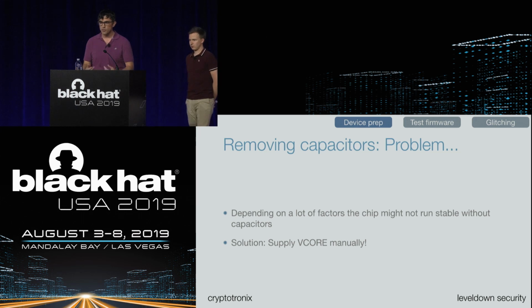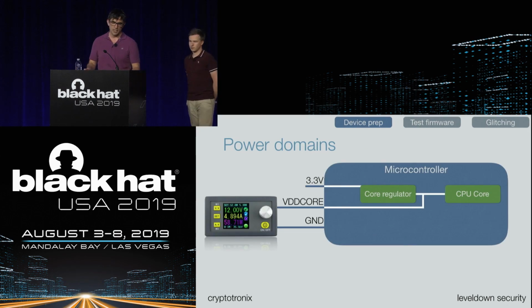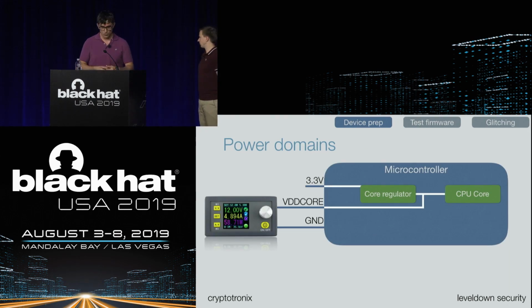However, for VDD core, we can overcome this and we can provide a nice clean VDD core directly with an external power supply. So we're big fans of these cheap programmable external power supplies. You basically cut a wall wart, you wire it up, and then you've got a nice custom wall power supply, and there's even open firmware for this, and it has a serial interface if you dig around, and you can control it externally. So relatively cheap and super fun if you need extra volt power supply. So this is kind of our go-to power supply.